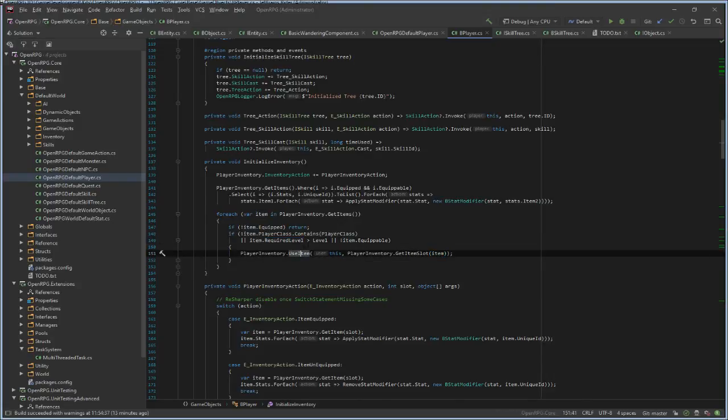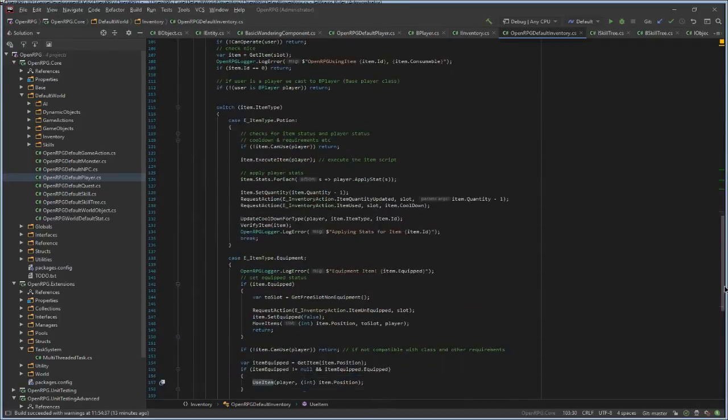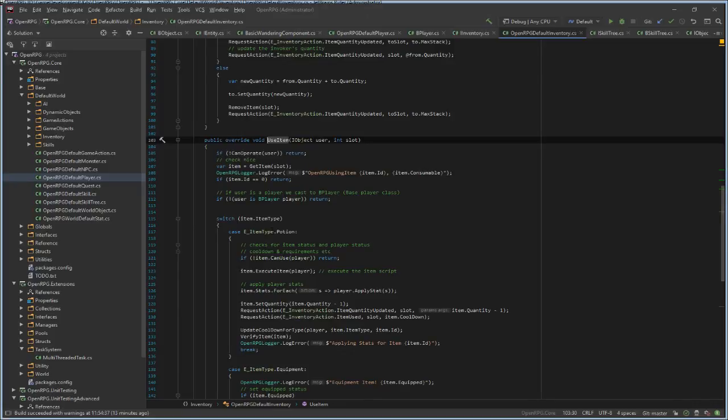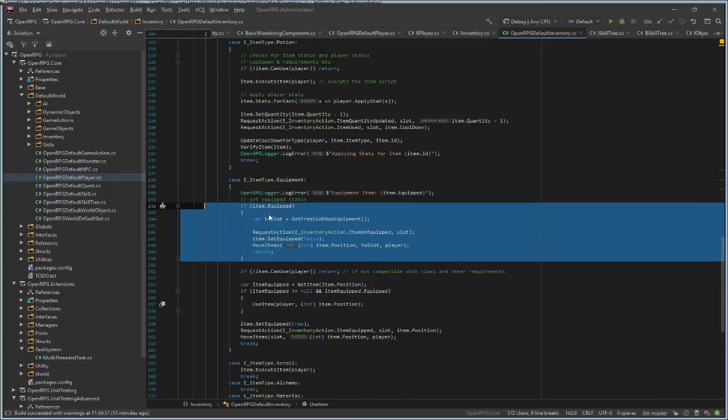So use item is basically telling this item to, if it's like a potion item in your equipment slot, it will get consumed. If it's equipment, it will get moved to an empty slot in your inventory.